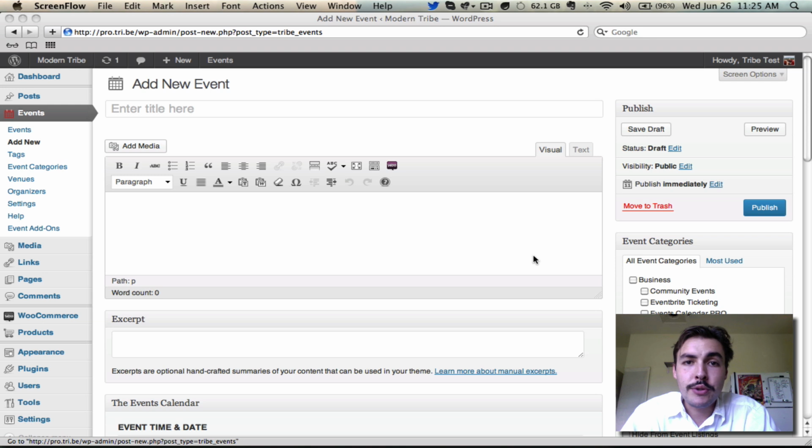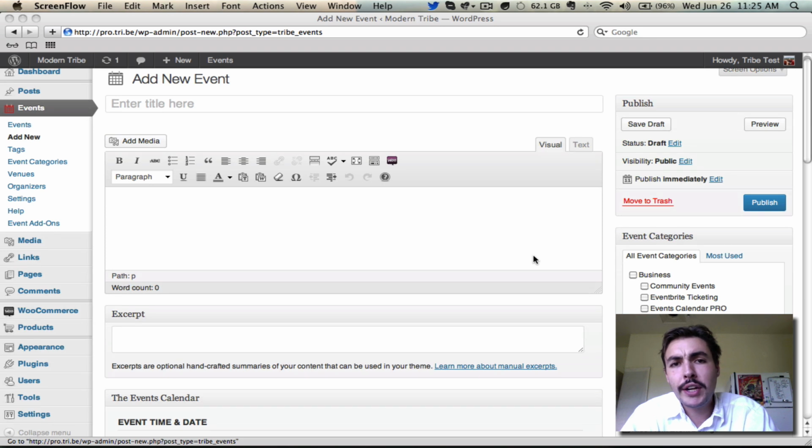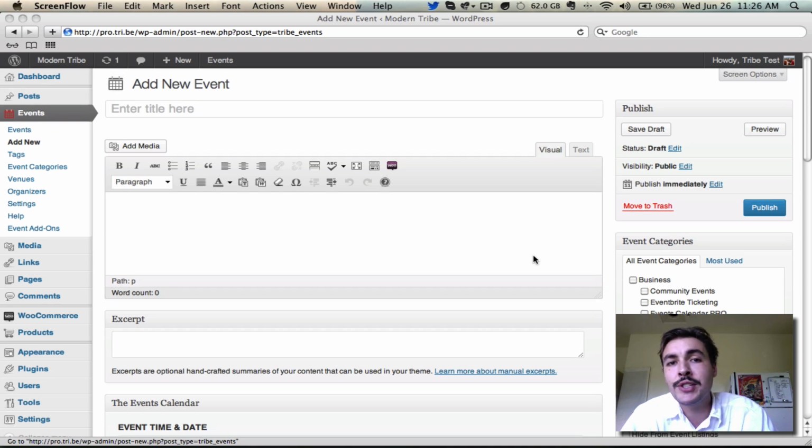We're far enough along in the new user primer for the events calendar that it's time to set up our first event. Now, it's worth noting I'm not going to be walking you through the recurrence setup process here because we have a subsequent screencast that's going to address that, but I'm going to show you how to set up a single standalone event, and that's what we're looking at right here, the Add New Event screen.